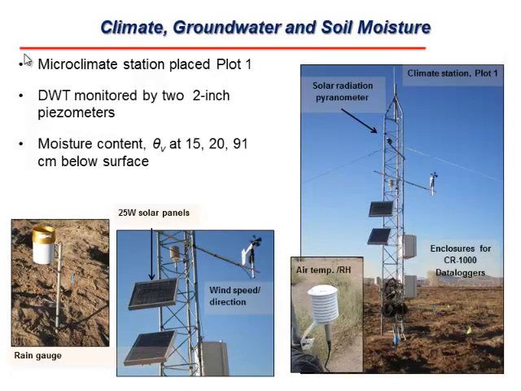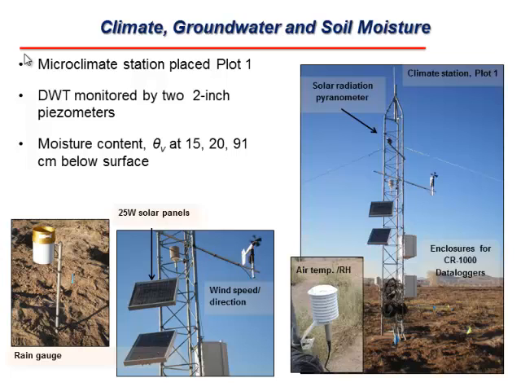Also, before we even did that, we had to install a weather station, moisture sensors and piezometers to measure the depth of groundwater. Here are some of the sensors that we used. This is a 15 feet tower with solar radiation sensors, wind speed, wind direction, solar panels. Here, these are the two data loggers that collected the data on 1 minute, 30 minutes and 24-hour periods,